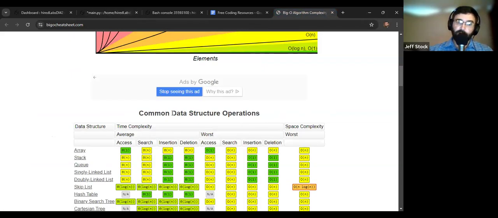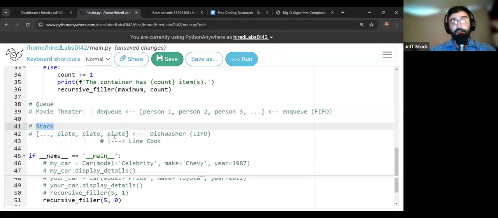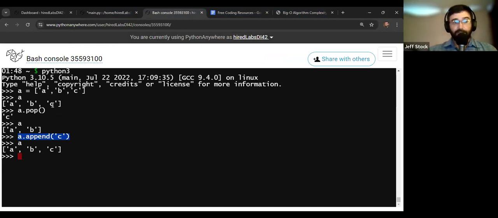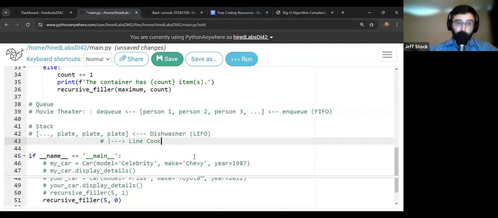data structure, right? For the reasons that we talked about, given enough elements, it'll be faster to do these sorts of things in a stack than it will be with a list. But you can accomplish this like we talked about in our bash console, where we pop things off the back and we append them on the back. Using just pop and append, you can make yourself this last in, first out construction. Just understand, again, it'll be slower.